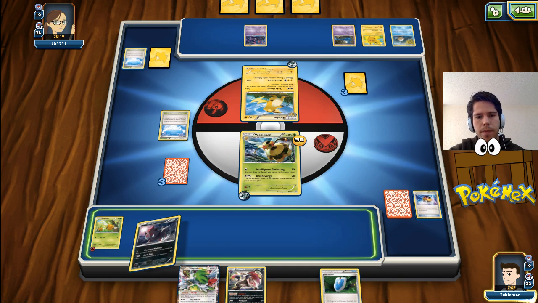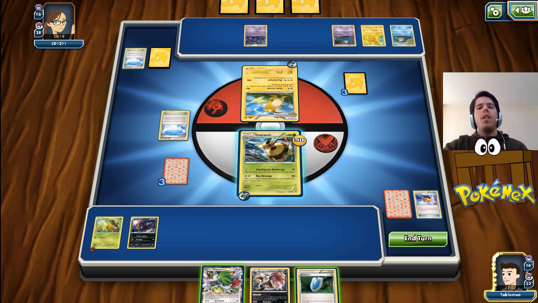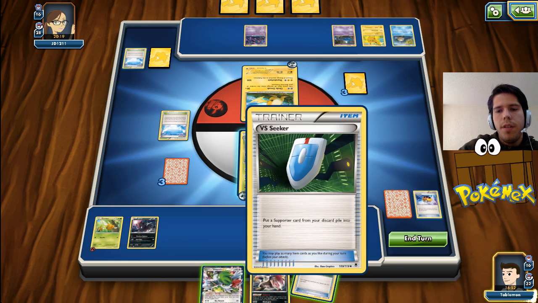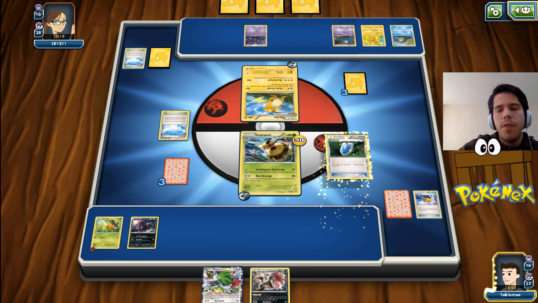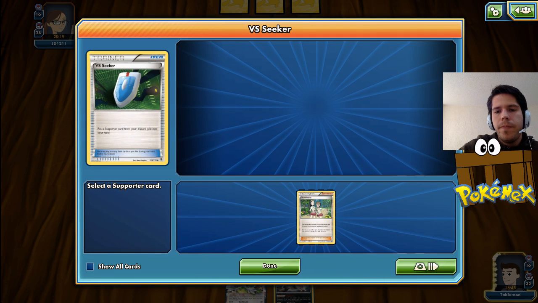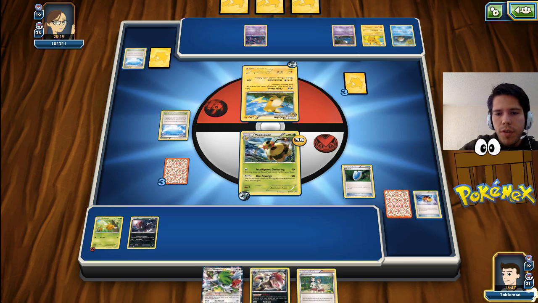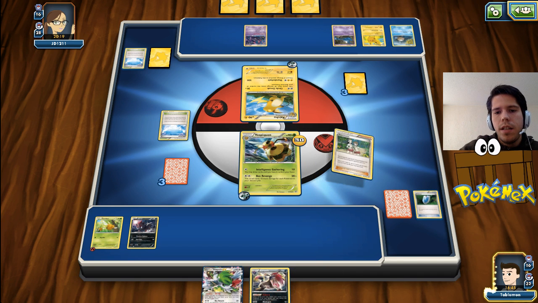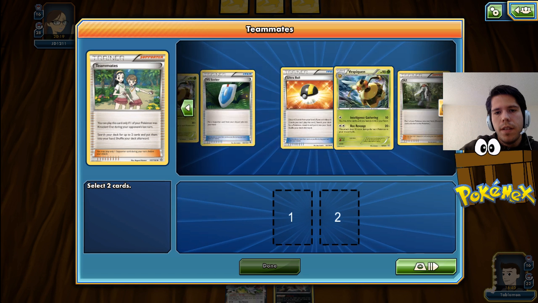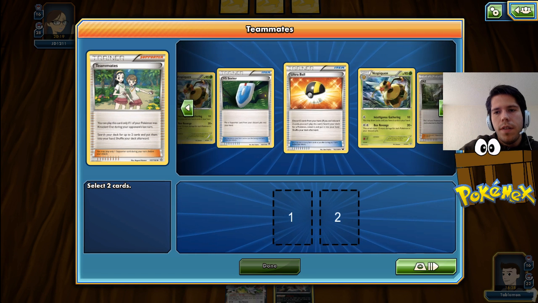Okay. The question here is, do I use teammates? Because he needs a Raichu and a DCE off of 3 cards. I don't think he can get that. So I'm gonna Vespiquen for teammates. Gonna use teammates for another Vespiquen and a DCE. Yeah. Another Vespiquen and